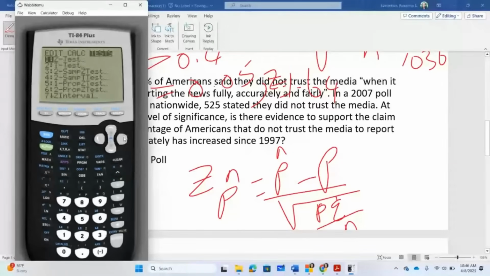So I will arrow down. Test. Why? It is one prop Z test because the conditions are met and both conditions are met. Sample size is less than 5%. I didn't test it, but I know that 1,000 is less than 5% of the population of America. I know that. And then NPQ must be greater than 10. When you come to test, you select one prop Z test. So I'm going to select